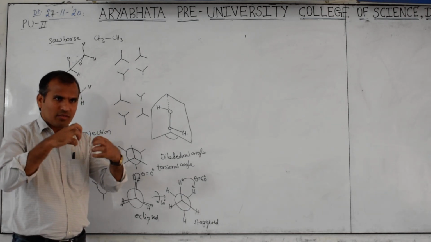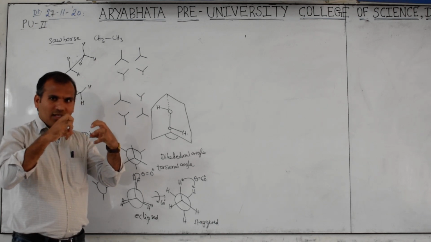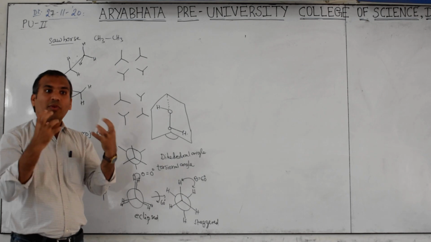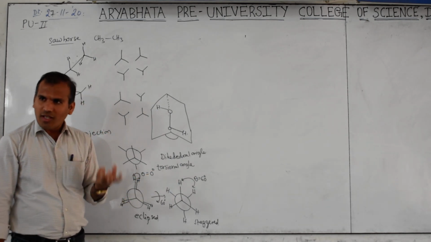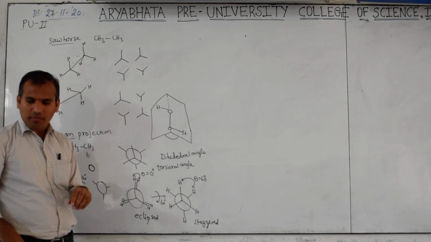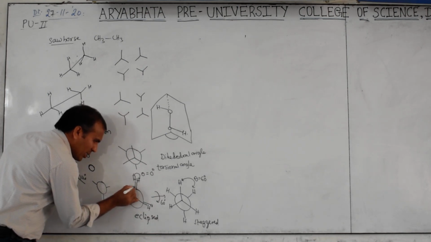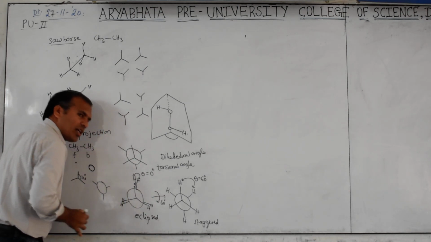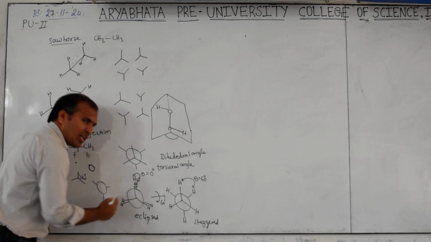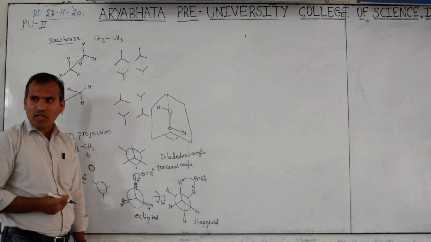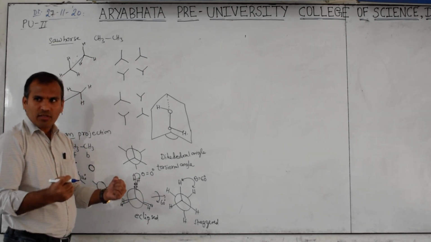Space occupiers. If bulky groups are there, they occupy the space and they will get some repulsion. That is steric repulsion. It is possible when bulky, larger groups are present. Now, are there larger groups? No, smaller groups. Then which type of repulsion is present here? See, one bond means what is that? Two electrons. This is electron repulsion: negative charge, other electron negative charge. So this bond electron and second bond electron repulsion takes place.